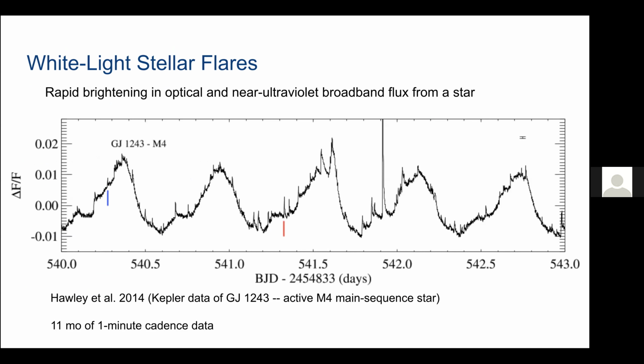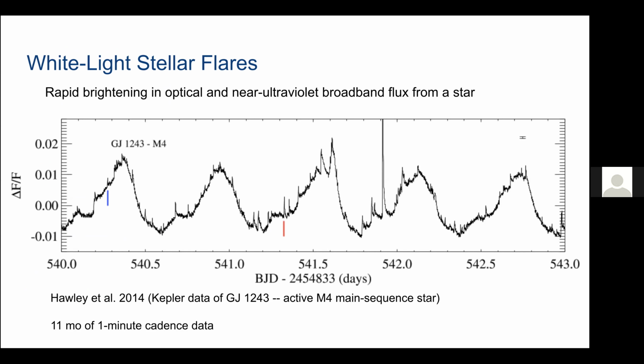So flares are also observed on other stars. In fact, other stars can be very prolific producers of flares. The low mass red dwarf stars are the most notorious for their flares. And in particular, the flares in the optical and near ultraviolet, which is what we call the white light collectively. This is a light curve of a very active star, an M dwarf,